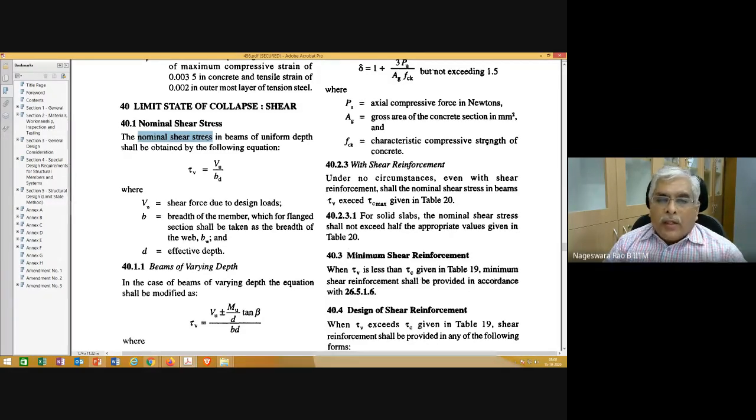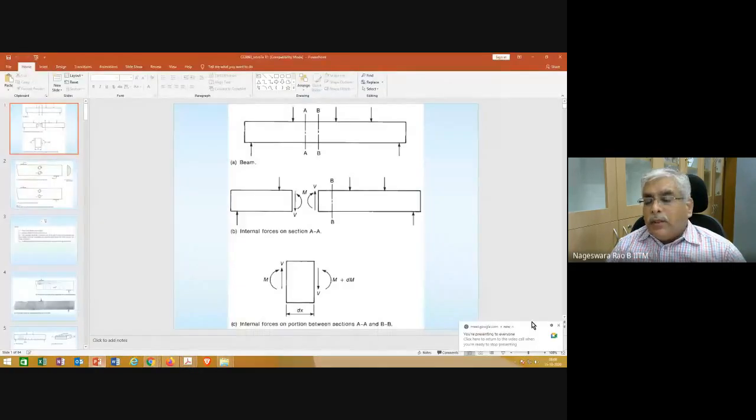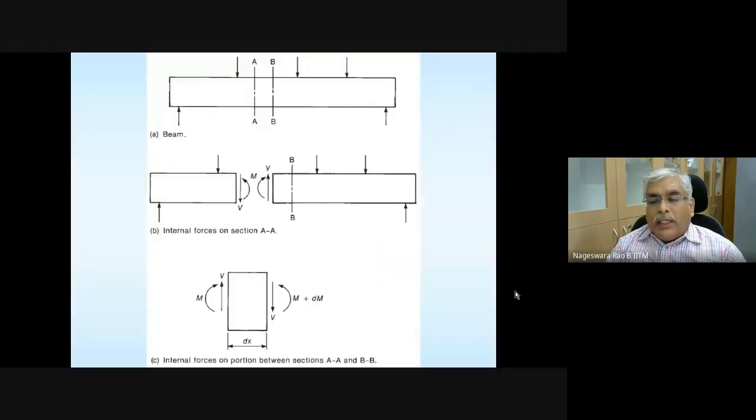I don't know whether you have done it or not, but anyway, I need to go through them in today's class. The point I want to emphasize is this is nominal shear stress, or as Professor Amlan mentioned, you can say this is like average shear stress. Actual shear stress across the cross section is not going to be uniform. It's going to have certain variation. I wanted you to go and look at all those things. That is the idea of asking you to revise your concepts. Anyway, let me proceed.